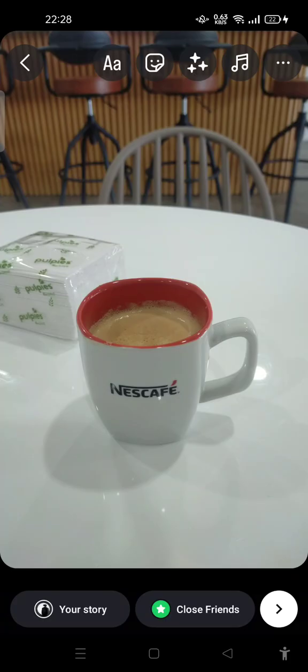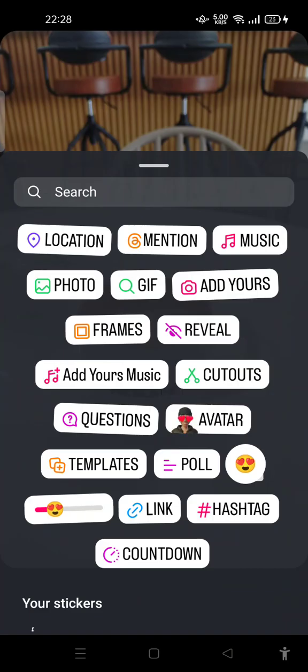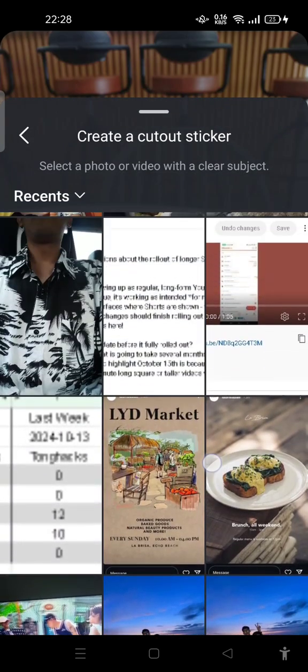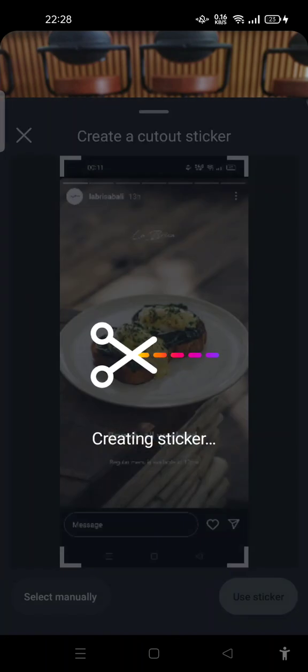Today I'm going to show you how to fix a create cutout sticker not showing on Instagram. So, for example, I create my own story and you can tap the sticker icon at the top of your screen and there is a cutouts feature here. If you tap it, you can create stickers here, creating sticker,